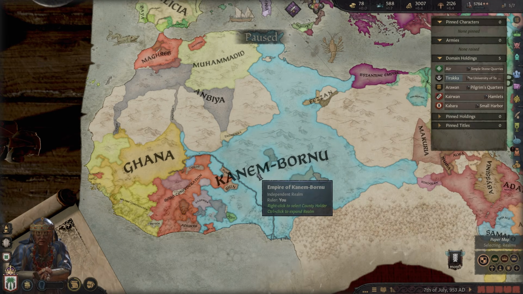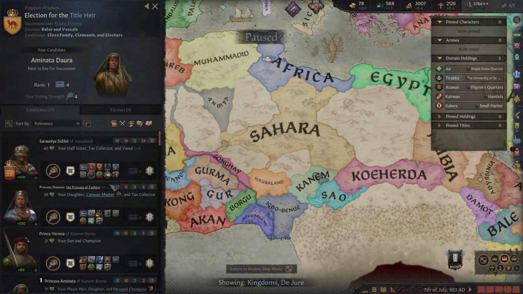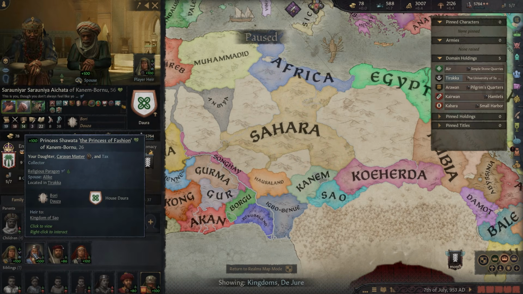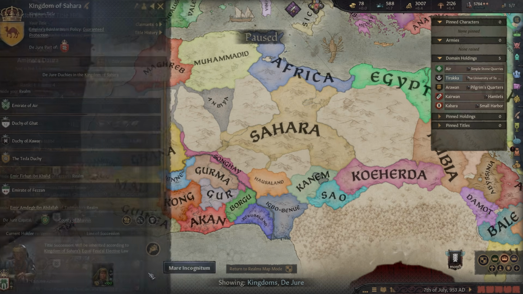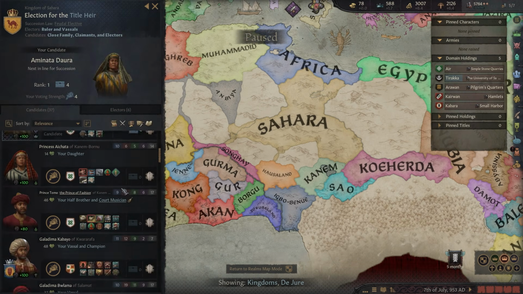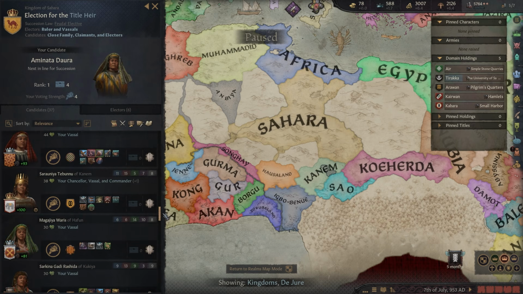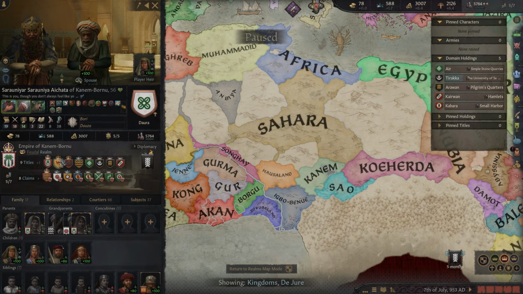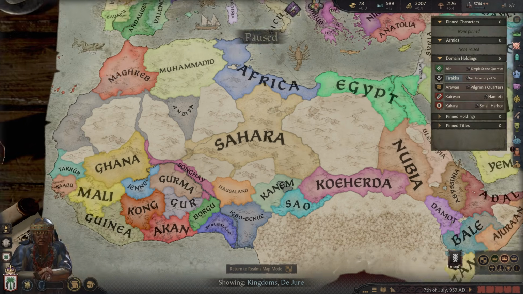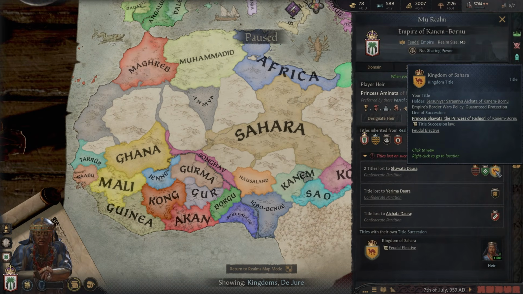You know what we can also do? We can change this kingdom to someone else. So I'm going to change this to be, who's my secondary heir? Shawada. So this kingdom is now going to Shawada. Wherever she is. Half sister. Oh, there she is, right. So it's now going to her. How does that change succession? There we go. So, interesting.